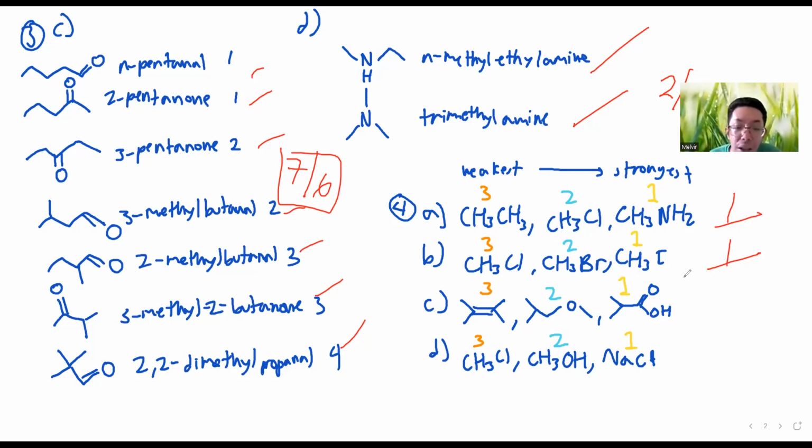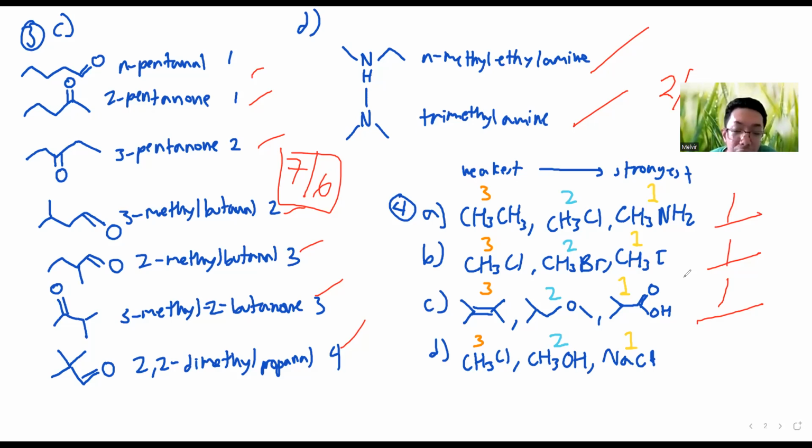So correct yan. So na letter C, madali yung letter C, no? Increasing number of oxygen atoms na kaya mag-hydrogen bond, no? So sa number 3 wala, sa number 2 ether, then carboxylic acids sa third one. So for letter D naman, okay, so correct, methyl chloride followed by alcohol, methanol, then sodium chloride because sodium chloride